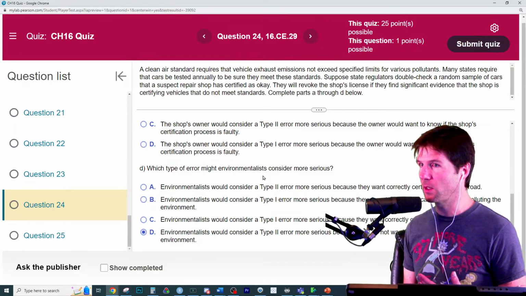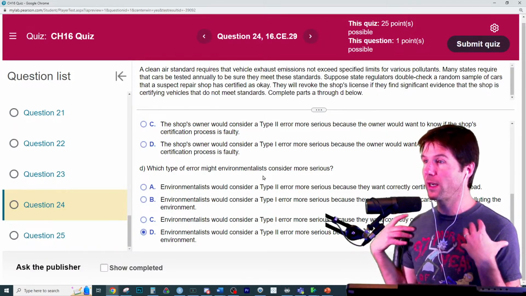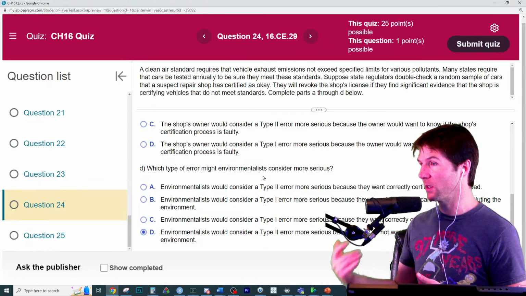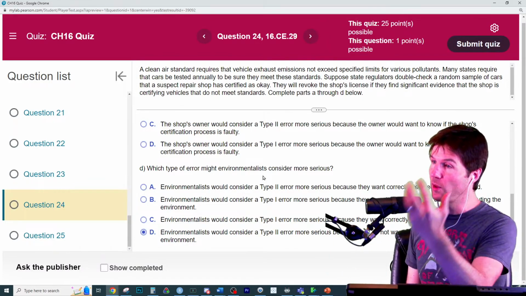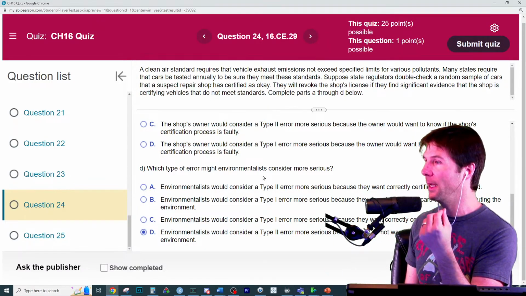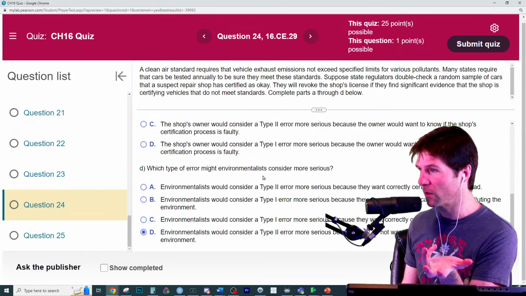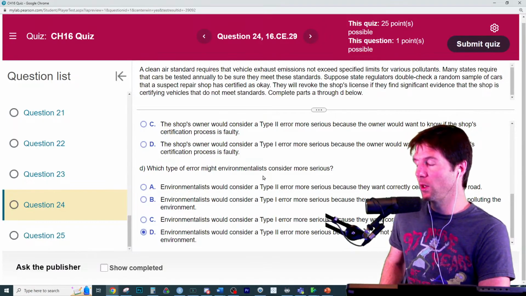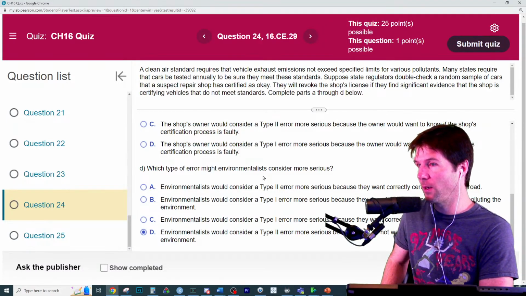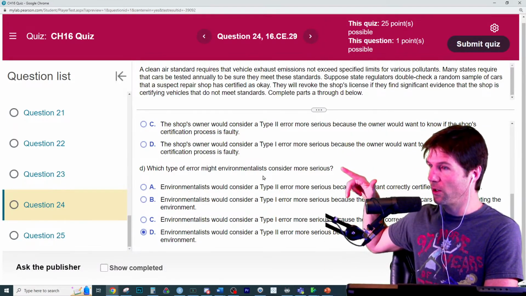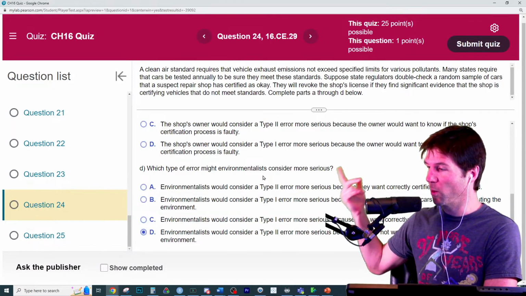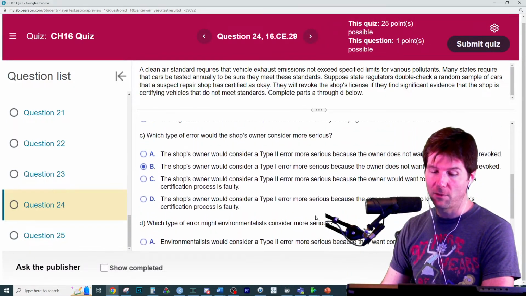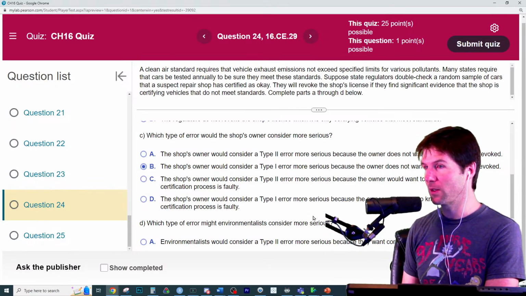That's what a false negative is: you get a negative result, like you don't find anything, but the truth is results exist. A false positive is when you think you have results, you reject the null, and you don't actually have evidence for the alternative. Oh my gosh, you shouldn't have rejected the null. So it's all context, Jackson, 100%. Which this kind of gets to, like from the environmentalists, they're going to be more worried about this. Exactly. And from the shop owner, they're going to be more worried about this.